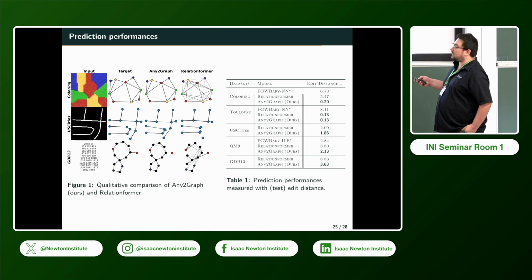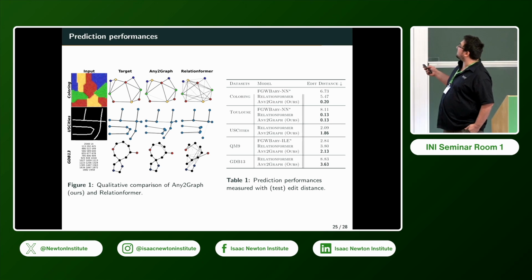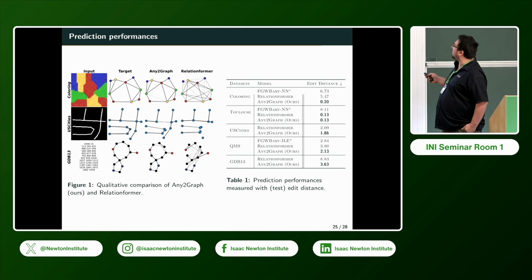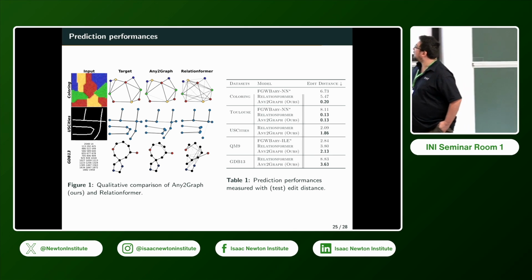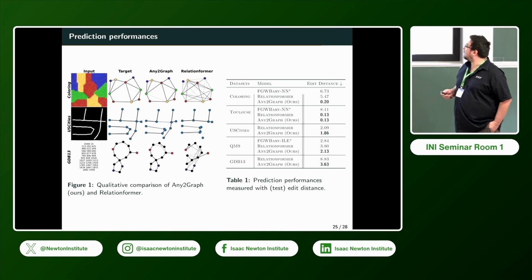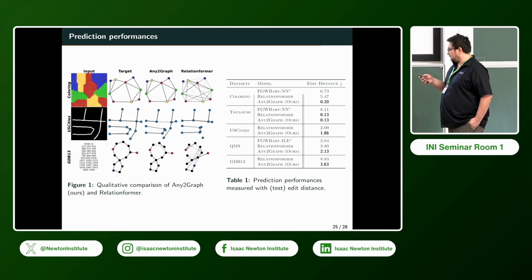Another one is a spatial graph, where those are US cities, those are streets, and you want to predict the map from the streets, and also on molecules. We had very, very good performances in terms of edit distance across all modalities. We were very happy to see that. So it works very well in practice, and it basically gave us tons of ideas for the rest,